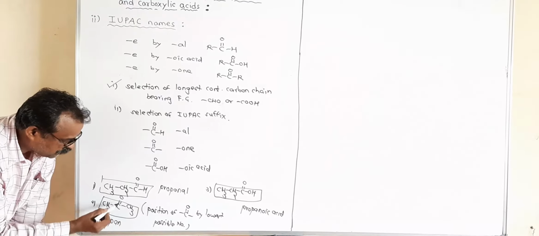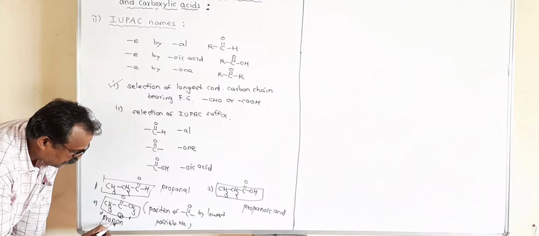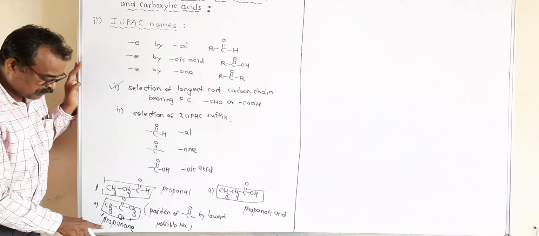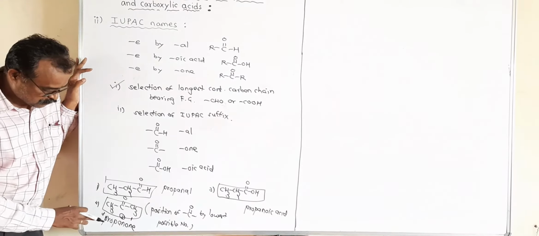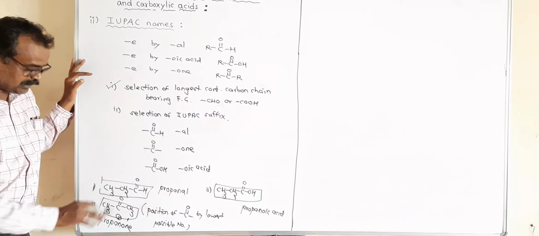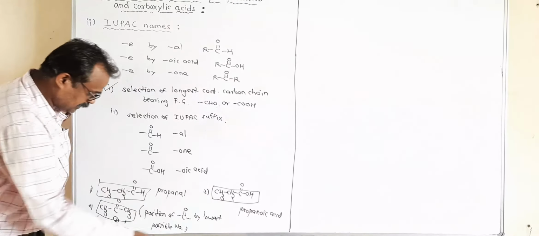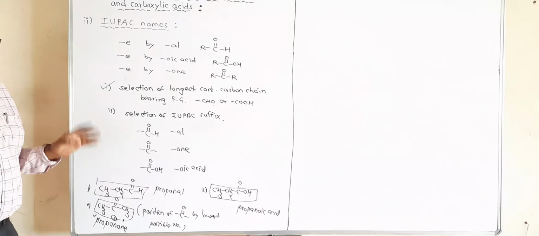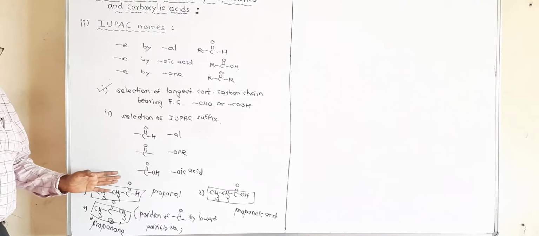But you indicate the position of the CO group. So the CO group position is 2. Therefore, this is known as propan-2-one, or simply we call this propanone, because from both sides the position comes the same. No need to write the position in case of propanone. So this is propanal, this is propanoic acid, and this is propanone. So in this way you consider the IUPAC names of aliphatic aldehydes, carboxylic acids and ketones.